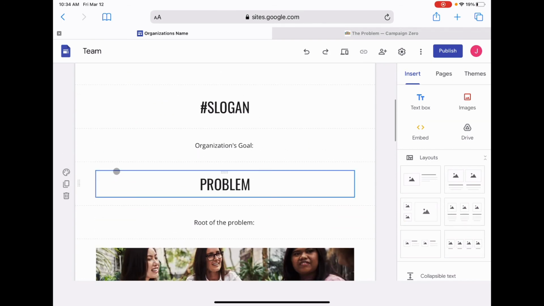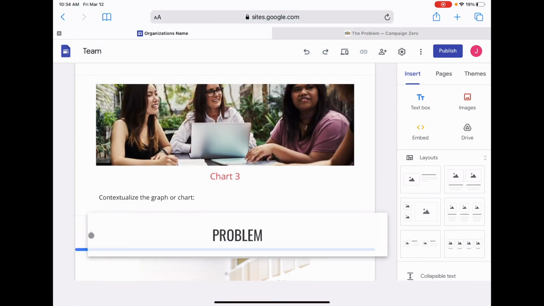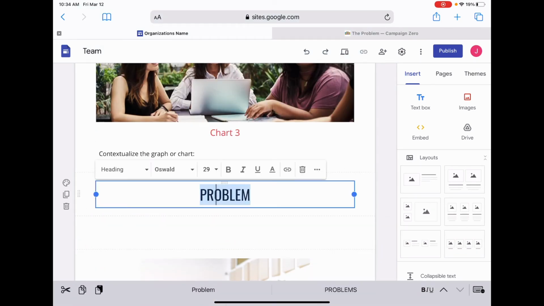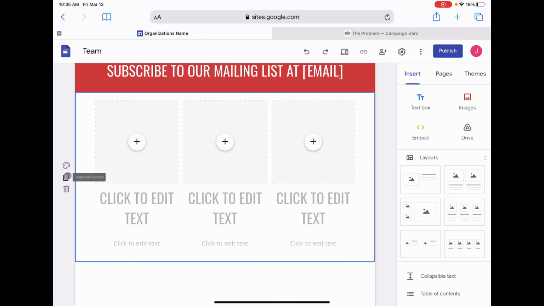Now repeat that. Duplicate. Drag the problem down to the bottom. And now, what is going to be the solution? Same thing if you look at the rubric: clearly identify 3 realistic actions to the stated problem. Find 3 resources to help support the 3 realistic actions you proposed. Include at least 1 graphic for each of those. So, similar to the one before, you could add this one. If I go over to this right side, click that, I could then move that up.